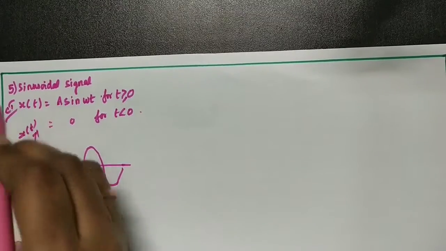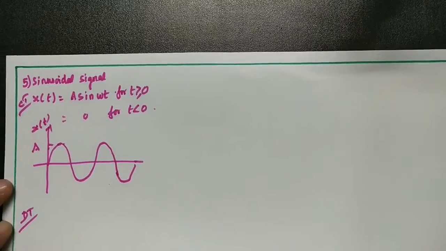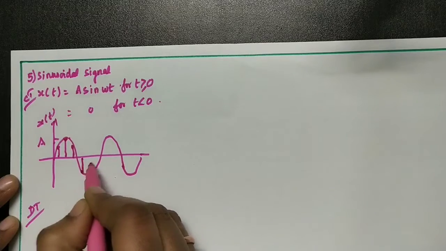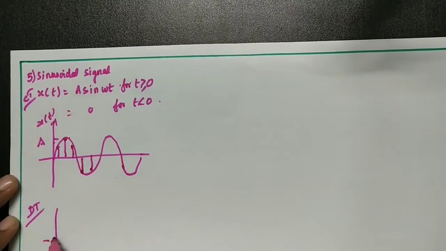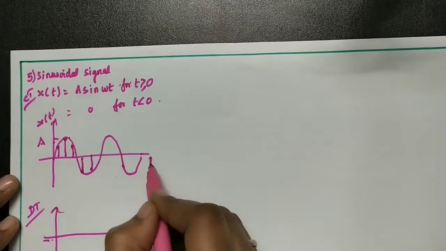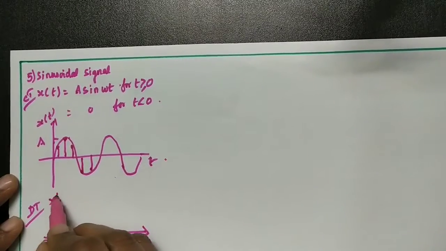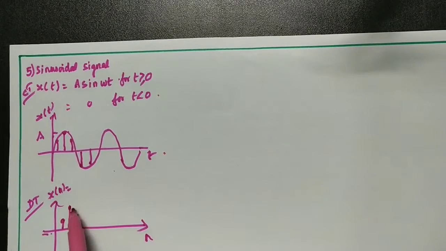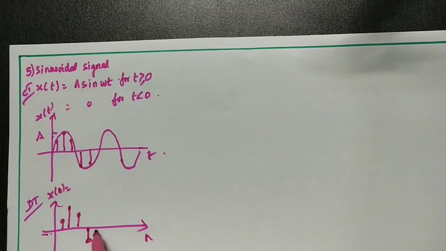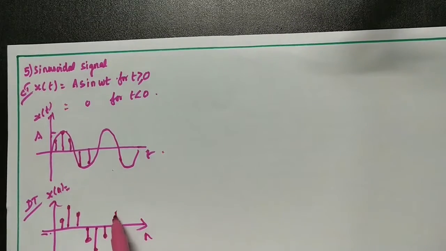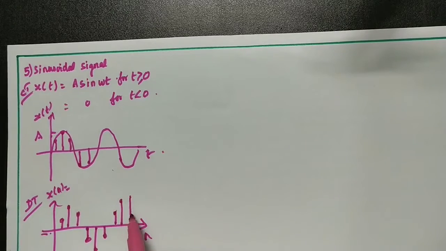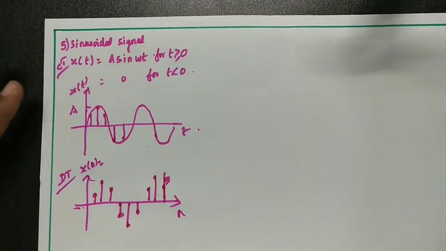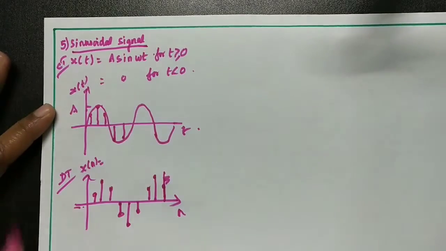So this is in the case of the CT signal. In the case of the discrete time signal, it will be specified at specific intervals of time, like this. This is with respect to t, and with respect to n, x of n equal to a sin omega n. This is the discrete time signal for the sinusoidal. So these are the representations of continuous time and discrete